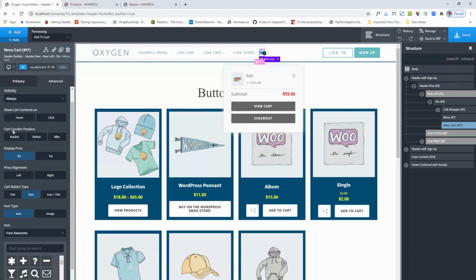Third option is cart counter position. By default it is bubble. You can also set before or after options, like here before will show on the left side of the icon and after means the right side of the icon.